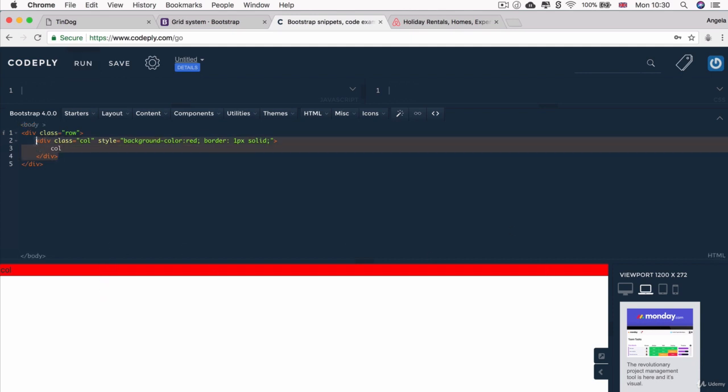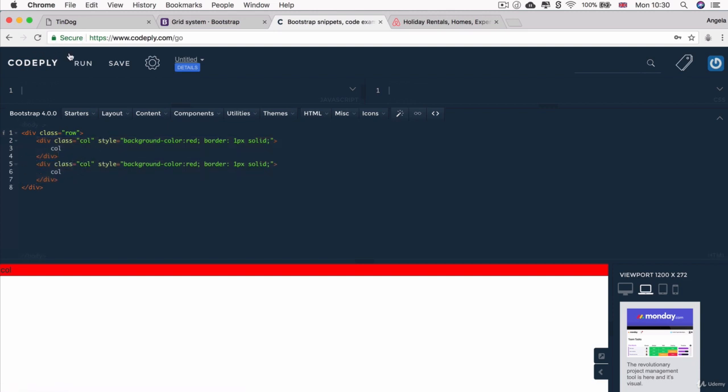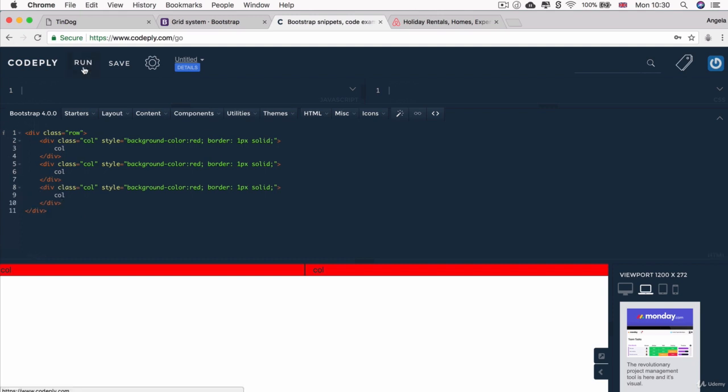So that means that if I have two divs that are both class equals column, then they will both only take up 50% of the screen. And equally, if I add a third one, then each of these column divs will take up a third of that row's width. Now, what if I wanted a column that only took up half of the width of the